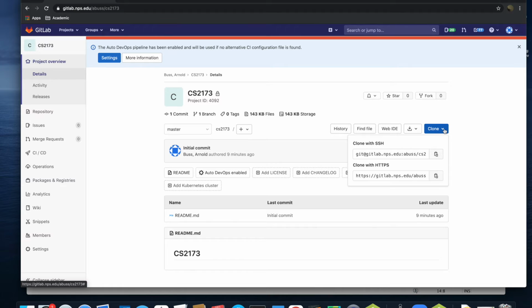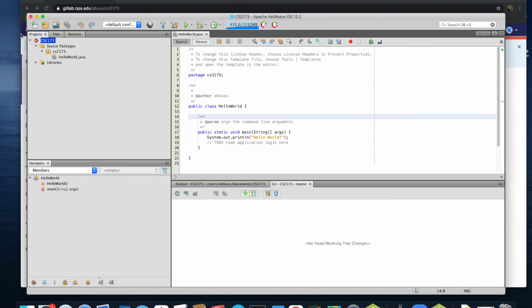We open that up. We have 2 choices. We can use Secure Shell. That's a nice way to do it, but it's a little more machinery that I'd rather not get into right now. On the other hand, if we use HTTPS, that means we're basically going to authenticate with your NPS login. So just go to that little icon to the right, click Copy URL,